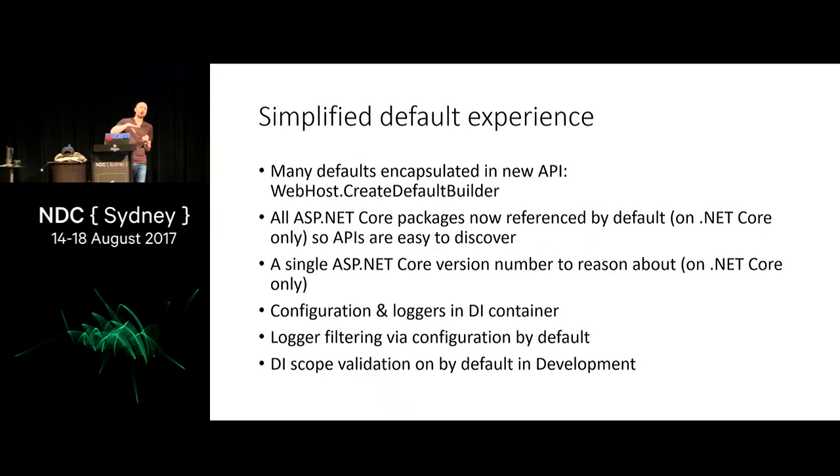Okay? If you register a singleton object that depends on a scoped object, the singleton will activate the scoped object once, and it will live for the life of the application. And then anyone else who wants it will get the singleton version. That's not good. All right? And so this is now turned on by default when you're in development, and if you misconfigure your DI container,